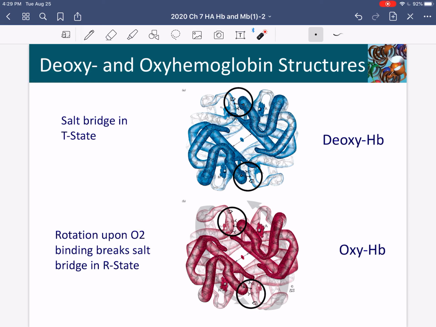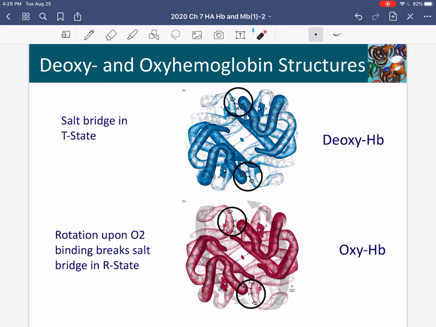And in both states, at first glance, each one of the monomers, so this would be one monomer of hemoglobin, resemble, and in fact, the fold is identical to the myoglobin structure. Okay, so all of that nomenclature with F helix and H helix, etc., is going to apply to hemoglobin as well. And like myoglobin, there is a heme prosthetic group that binds.